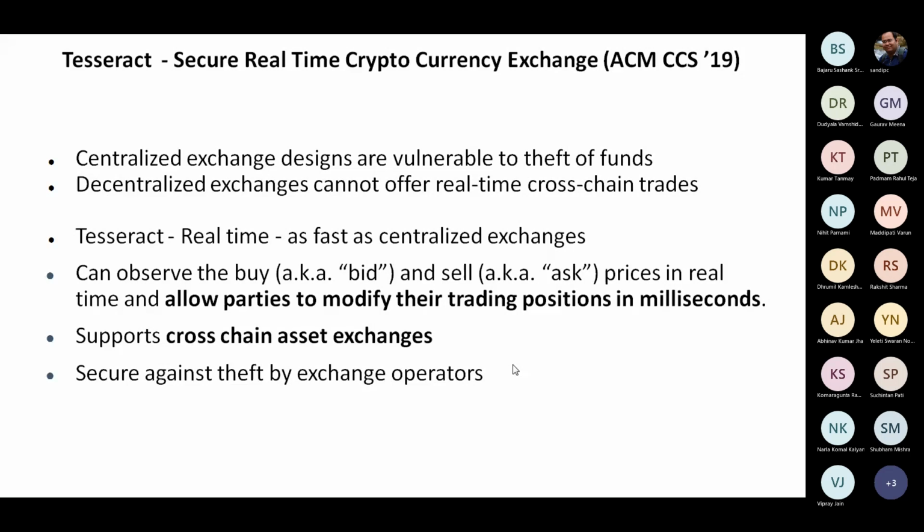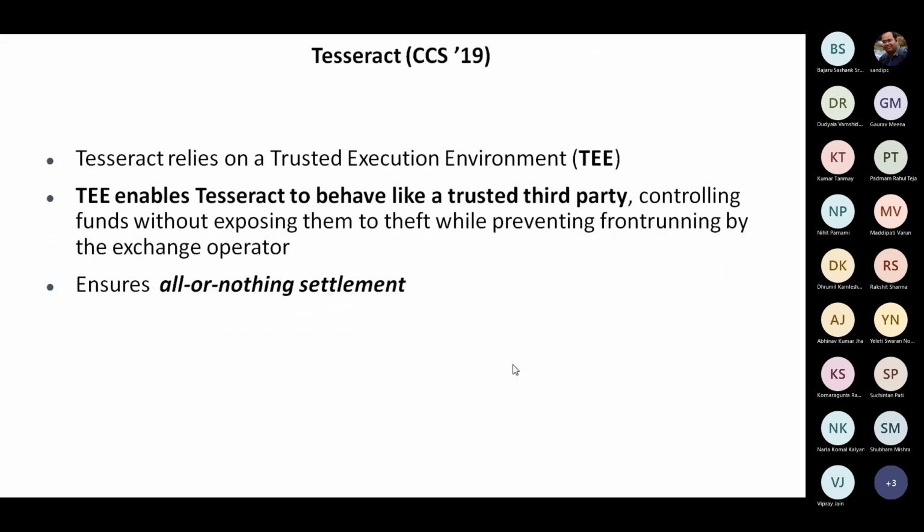So it is designed in a way that it satisfies most of the important properties of these real-time exchanges. But how does it do it? It relies on the notion of what is called a trusted execution environment, or TEE, and the TEE enables Tesseract to behave like a trusted third party,